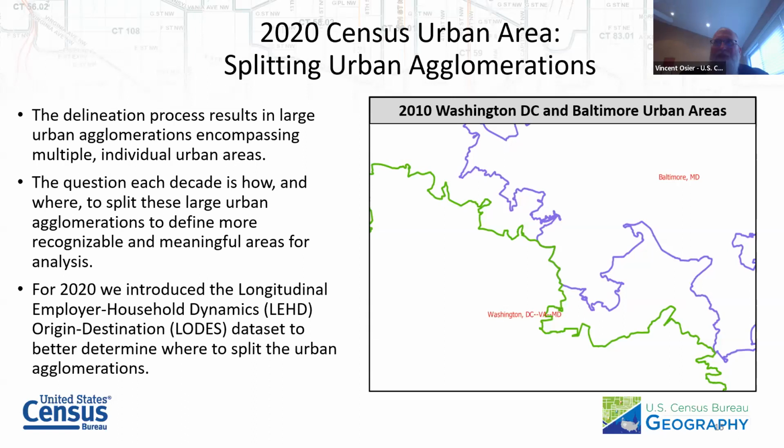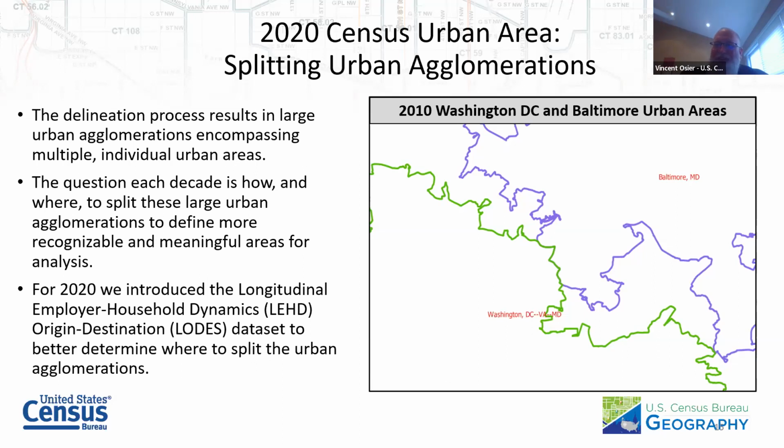But we had been using the core-based statistical areas, or better known as the metropolitan and micropolitan statistical areas, to do that, and they're built on counties. So those areas are built using the urban areas, and then it was too circular in our logic to say, then we split them using the CBSAs, and then using the CBSAs to split the next round of urban areas